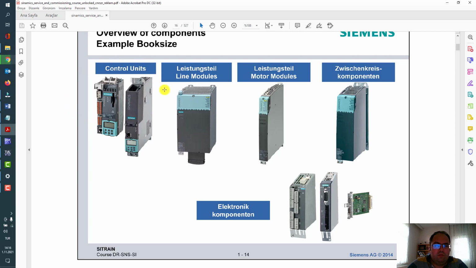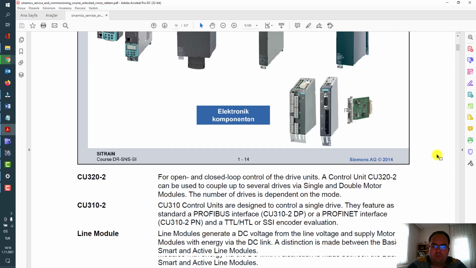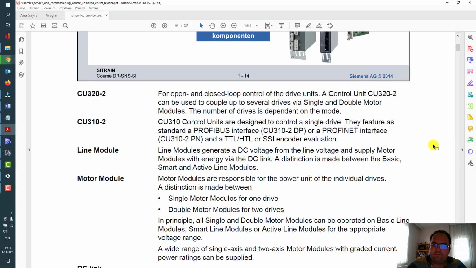You see here the control units of the Sinamics family, CU320 and CU310. Line modules are available and book size motor modules are similar, and other components like terminal modules or sensor modules are also connected via the DRIVE-CLiQ interface.